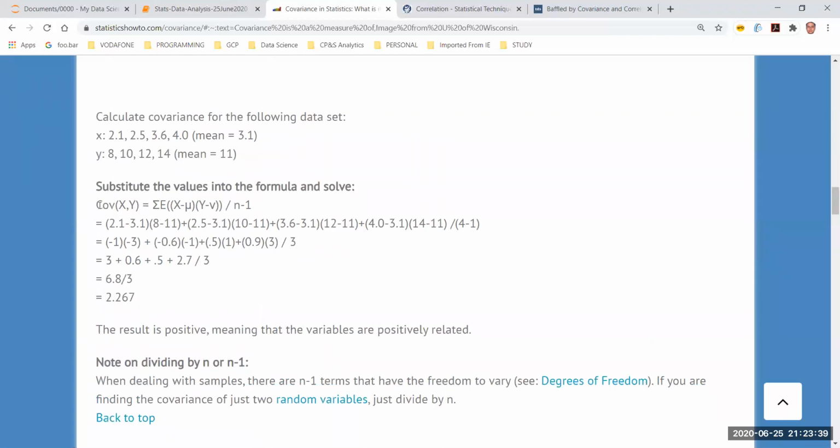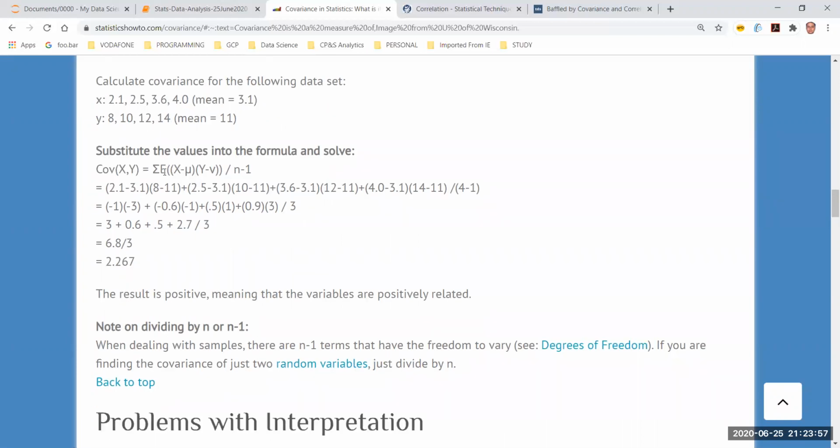if I want to calculate the covariance between variables x and y, where x is a random variable of these numbers, y is a random variable of these numbers, the first thing I do is calculate the mean. I can do that using NumPy. I can take this as an array, I can take this as an array, and I can create the mean of these numbers. Then I need to apply the formula.